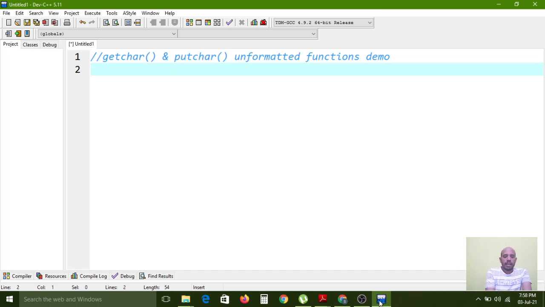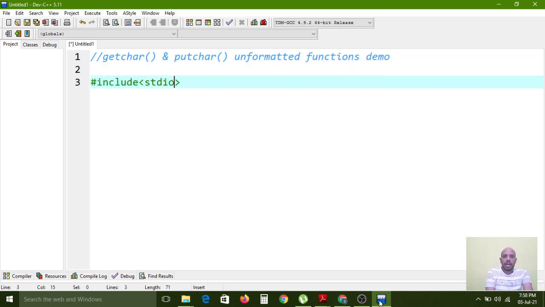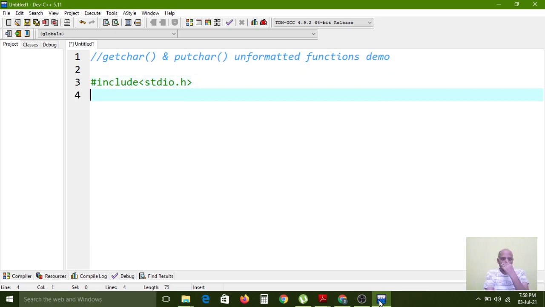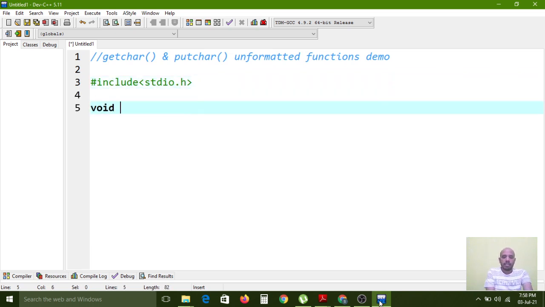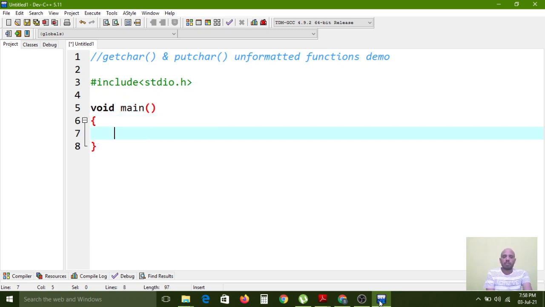Now the header file: hash include stdio.h, and next void main. This is the executable method. In each and every C program, the main method must be there. Then only the program will execute.